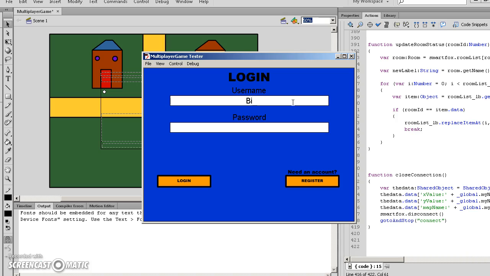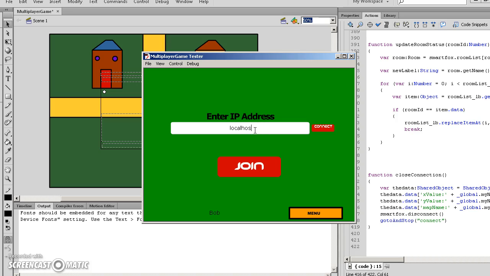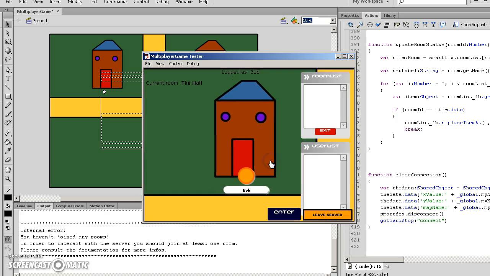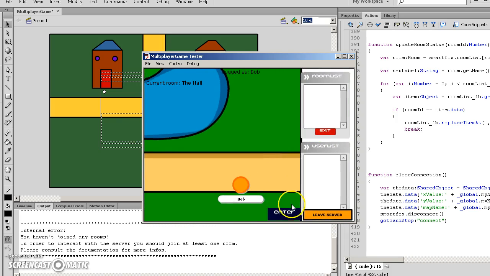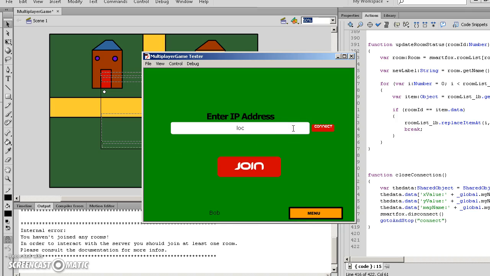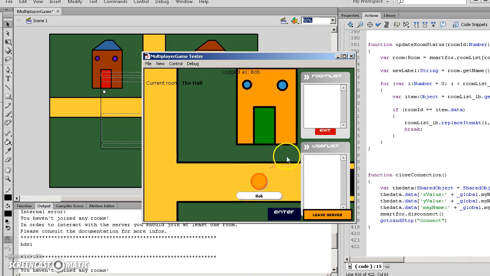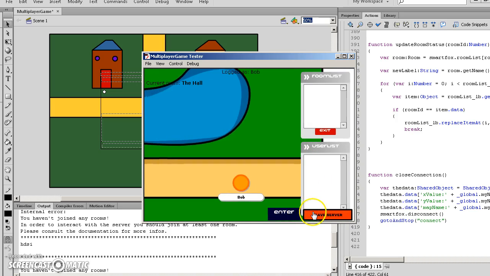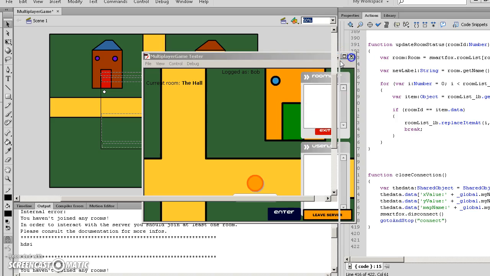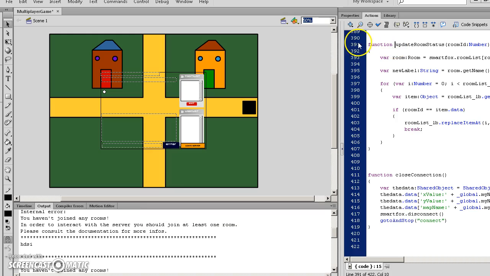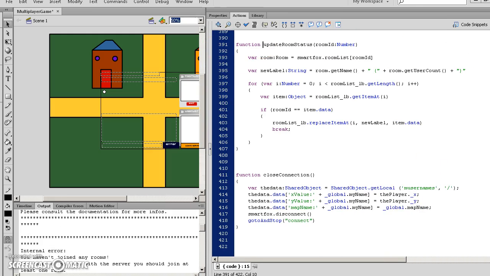Bob, password Bob, log in, host server, localhost, select join, and he is in this room, but he goes to this room and leaves the server. And if he joins again, he's still in this room. So, well, at least we have it set up for now, and we'll deal with loading and fixing all of that